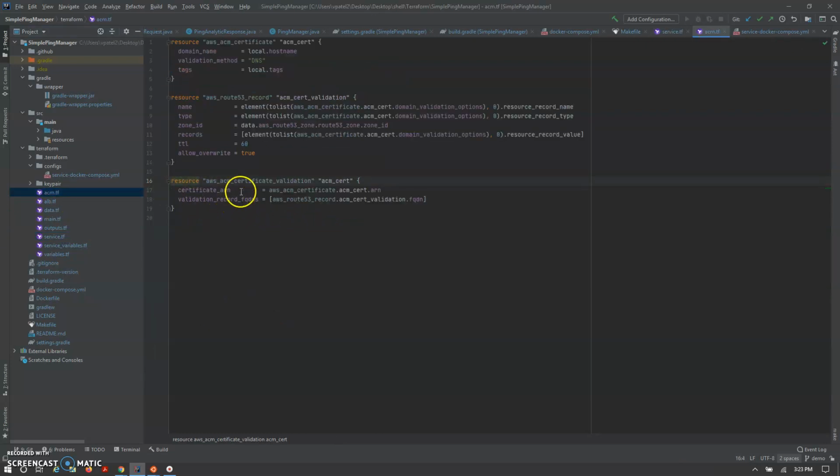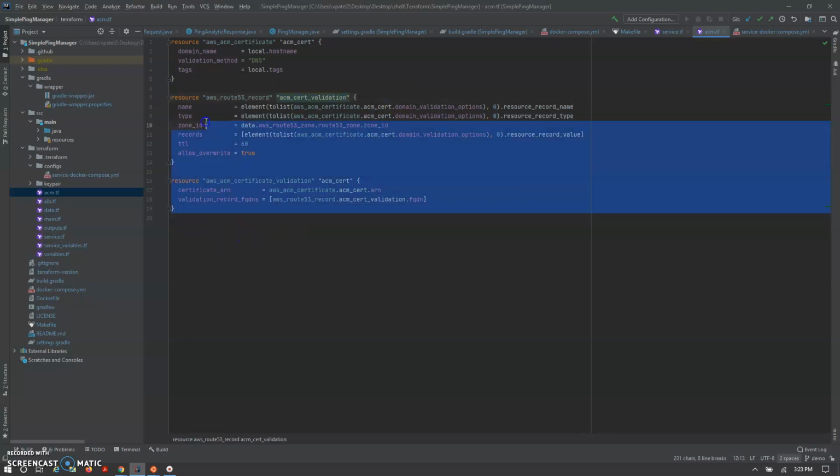Let's see here. This is the ACM file. This certificate is created here. You can see we are passing the DNS name here as a host name. This is configured in the local variable, and we are creating the AWS Route 53 record. Once our configuration is done, those two records will be populated to the AWS host, as shown in the previous session. And this is part of our AWS Route 53 configuration, which picks the name which we have passed to the variable.tf file.